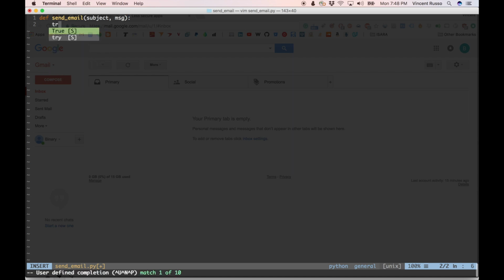So what we're going to do is we're going to have a try here. So we're going to try to establish a connection between the script and the Gmail server, and if this doesn't work, then we'll have an exception and we'll be notified of a failure, that the email wasn't successfully sent. So let's try this first. Let's define a variable called server, and this will be equal to